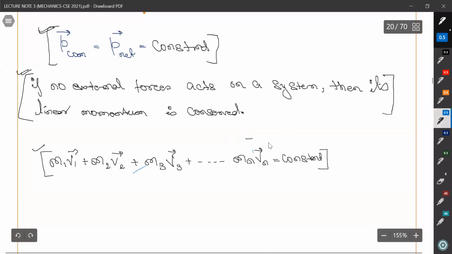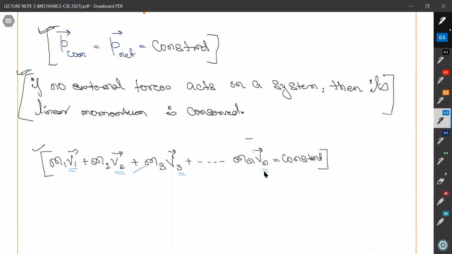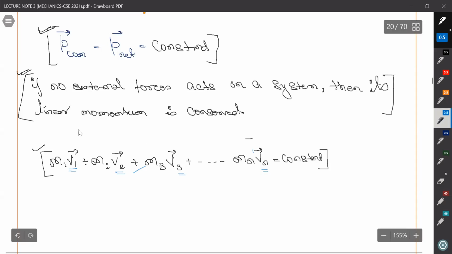Okay. So V1 may vary, V2 may vary, V3 may vary, Vn may vary. Also, kinetic energy of the individual particle may vary. But the summation of all these terms will remain same. For example, let us suppose